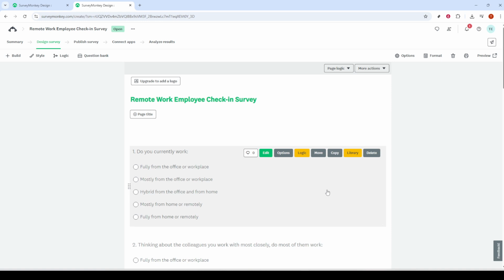When you're satisfied, click Save. That's the key step that applies your edits to the live survey. The update is immediate, so new and returning respondents will see your changes right away. Take a breath and give your survey one final look for consistency and tone. That's it. You've successfully found your survey, opened the editor,